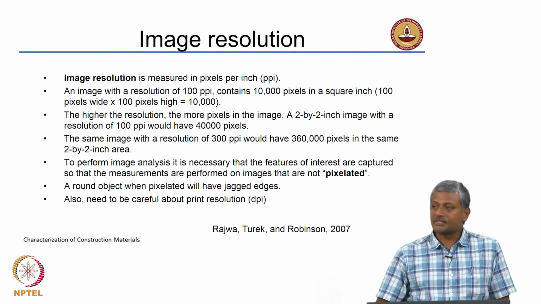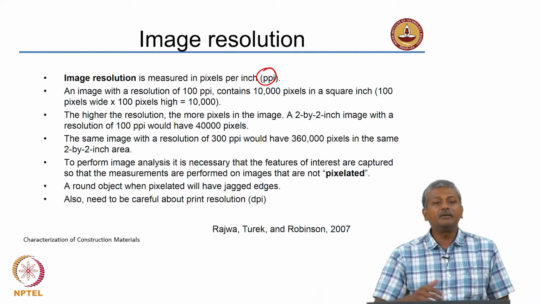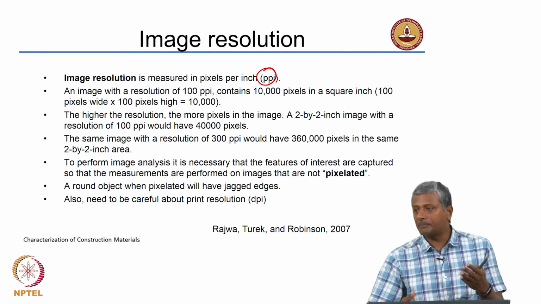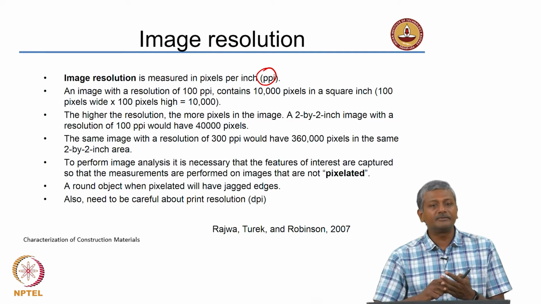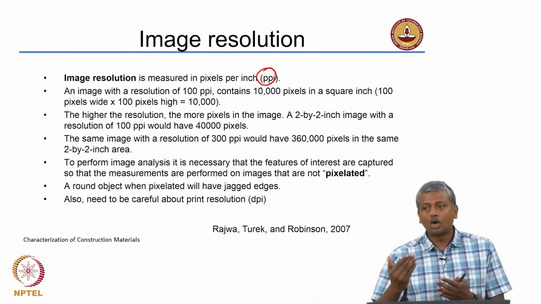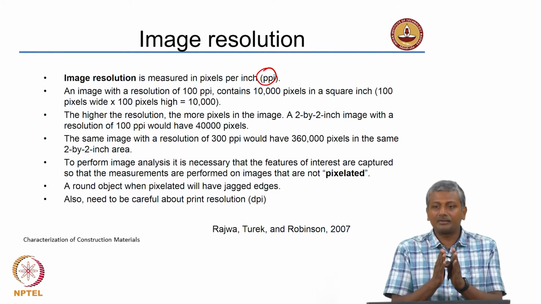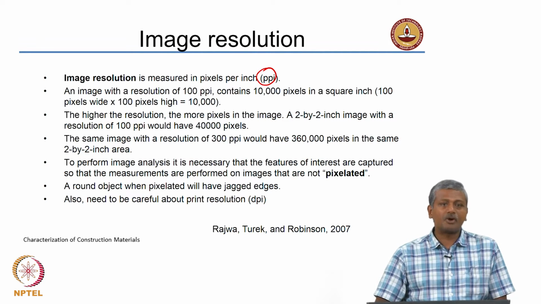Image resolution is nothing but what is measured in pixels per inch, PPI, okay. When you print, you talk about dots per inch because it is coming as a printout on your paper. The old dot matrix printers had a very low resolution of printing, but today the laser printers have a very high dots per inch resolution. So, they are able to print more and more dots in a smaller area, which is why your printed image becomes much clearer.